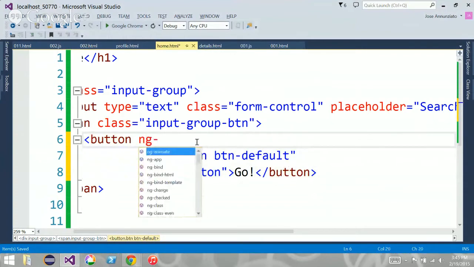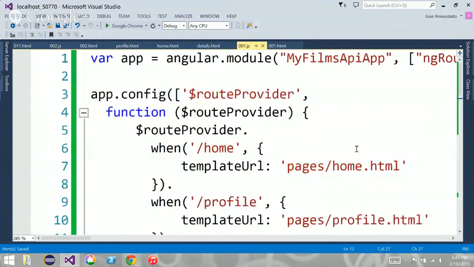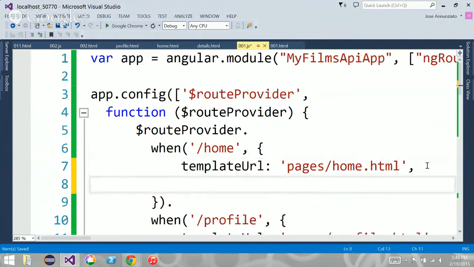It says ng-click, and we'll tie it to an event handler called search on the controller. Yes? On the controller. Where is the controller? We don't have a controller for the home. Actually, we don't have any controllers whatsoever, right? In 001, there's no controllers whatsoever. We just have the configuration of the routing, but routing allows us to tell that this particular page will be controlled by a particular controller. We can say that the controller for this page is home controller,